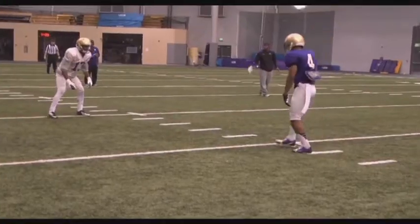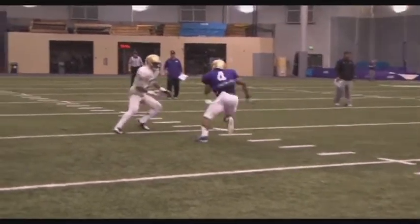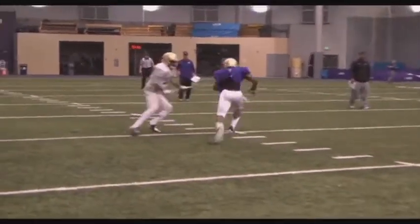This is the best look right here. As he goes by, he's preparing. He knows that DB is going to put his hands on him. He's got to chop this arm down. Pick the left arm up. Boom, chop down. Now, when he chops down, if I were to freeze it, look at this, it's a great